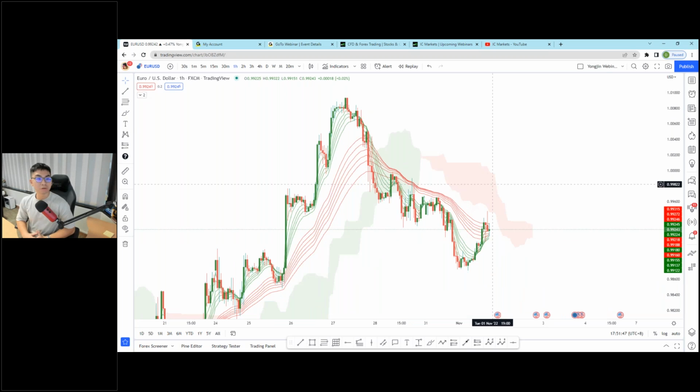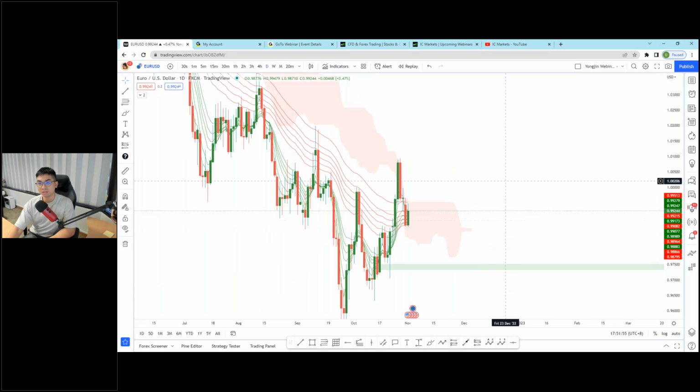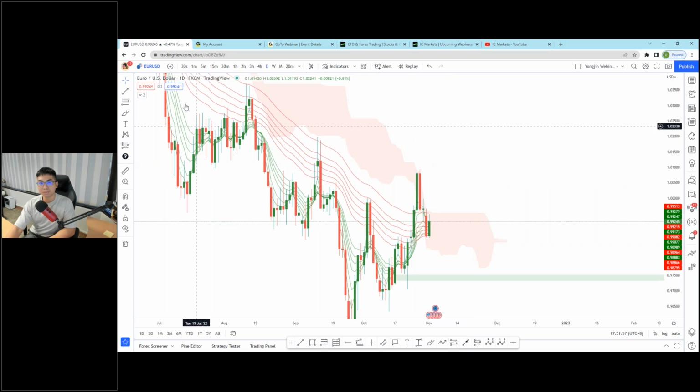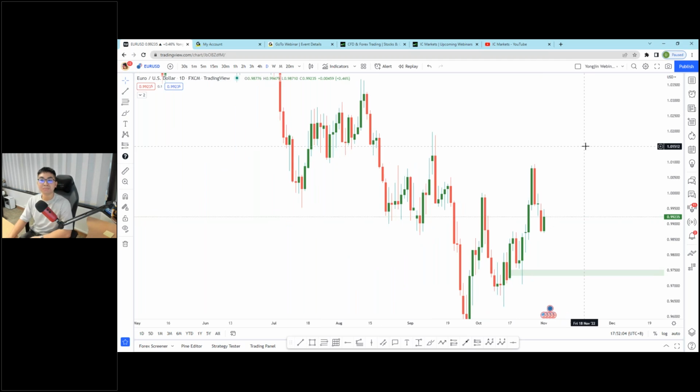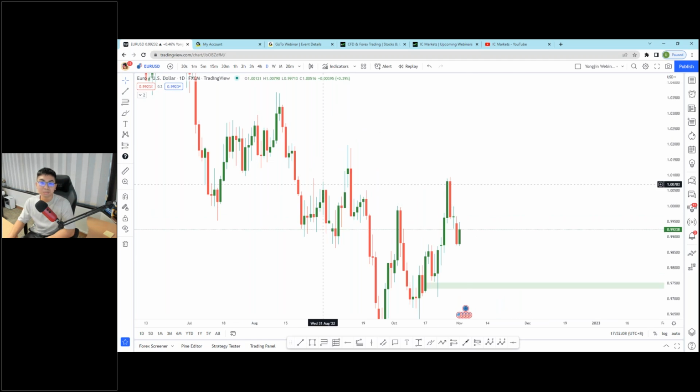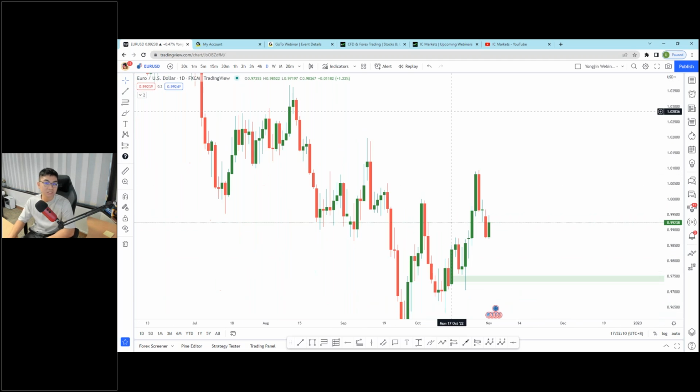Okay, which time frame do I recommend? For new traders, I know it sounds weird, but maybe I hide all these. The easiest way for new traders to make their first profits and start earning some money is to just stay on the daily charts. Although it's going to take quite long, the hard truth is just stay on the daily charts.